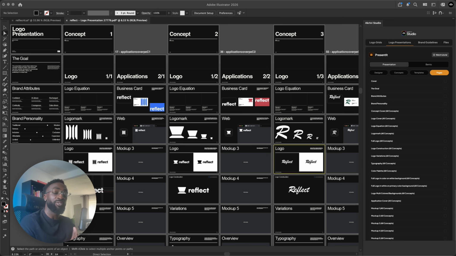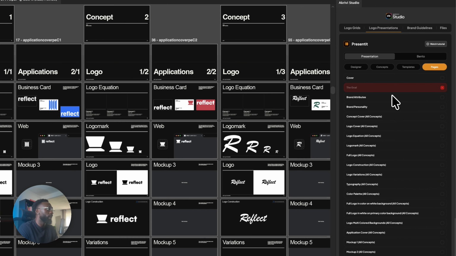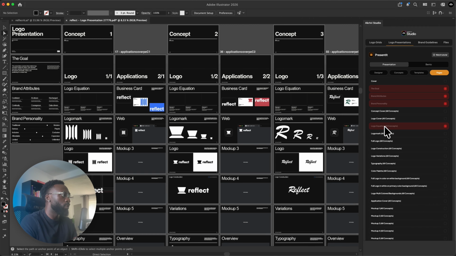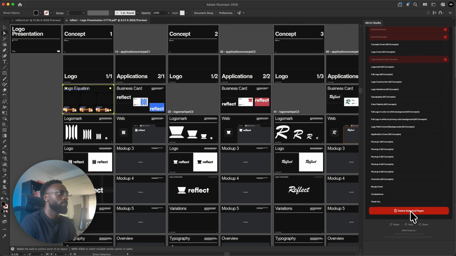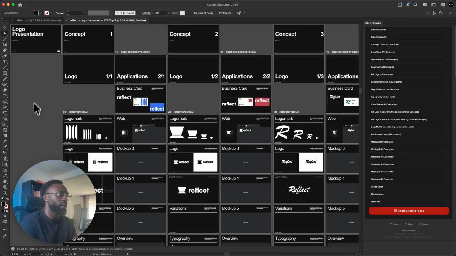And of course, every designer presents their logos very differently. So we have the pages tab, which gives you the ability to remove any pages you don't want to include. So let's say we didn't want to include the goal page, brand attributes, or brand personality. And let's also say we want to get rid of the logo equation pages. So you can see when selecting logo equation page, it's going to remove it for all concepts. So across all of the 3 concepts, let's do that. And we're just going to do delete pages. And as you can see, the selected pages have been deleted. If for some reason you want them back, you can just do undo,